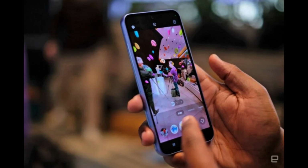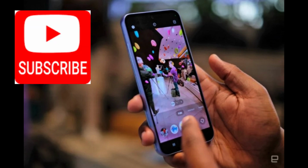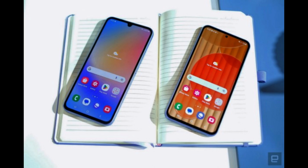Samsung instead seems to be emphasizing nighttime photography with the Galaxy A54 5G, although we won't know how much of an improvement to expect until we are able to try it. The company also says the pixels in the Galaxy A54 5G's sensor are larger than those in the Galaxy A53 5G's camera, therefore requiring fewer megapixels. Like its predecessor, the Galaxy A54 5G also has a 32-megapixel front camera, but Samsung got rid of the rear-facing